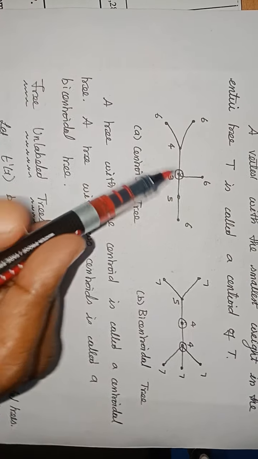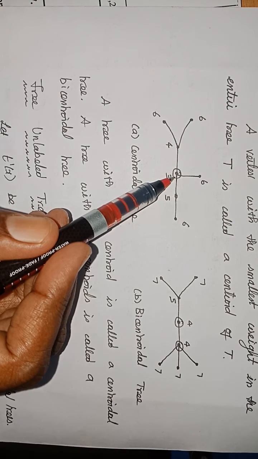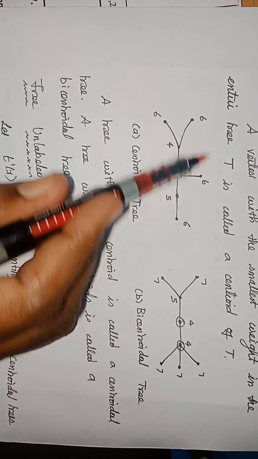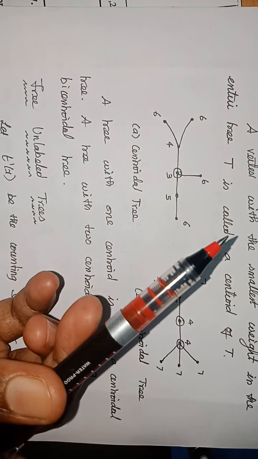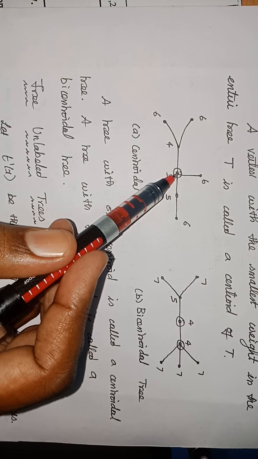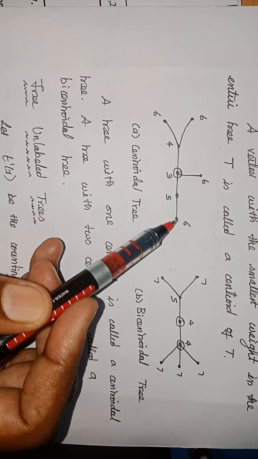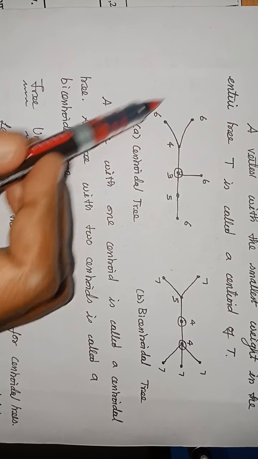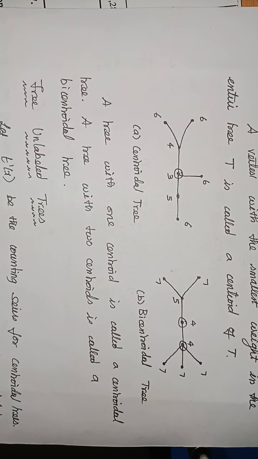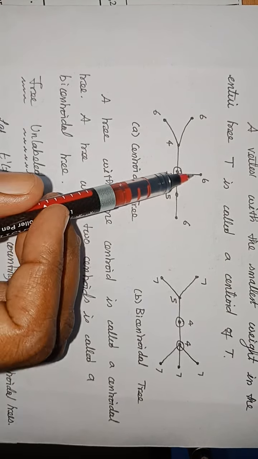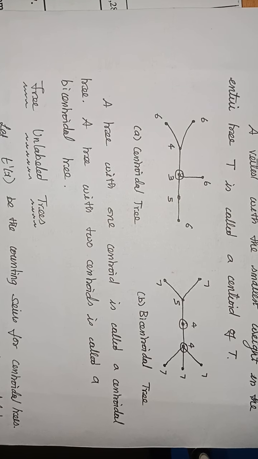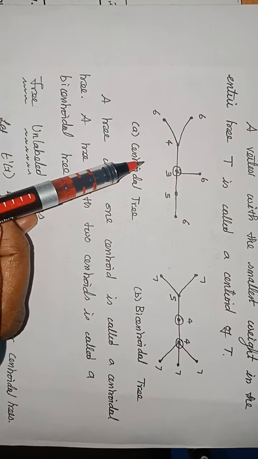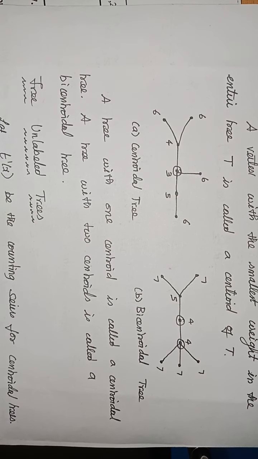Now you consider this centroid as the root. If you consider this as a root, this graph can be considered as a rooted tree. What is the procedure followed in a rooted tree? At a vertex, if I split the graph, if I remove the edges, I will be left with 3 subtrees since the degree is 3. And I have to find all possible numbers of subgraphs that can be formed with 2 vertices, 1 vertex and 3 vertices, and those can be multiplied and then added. That is what we have seen in the previous session. That is followed for the centroidal tree.